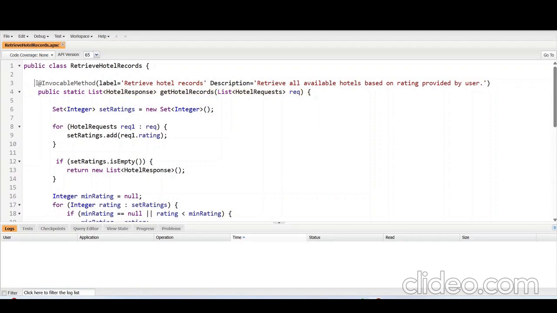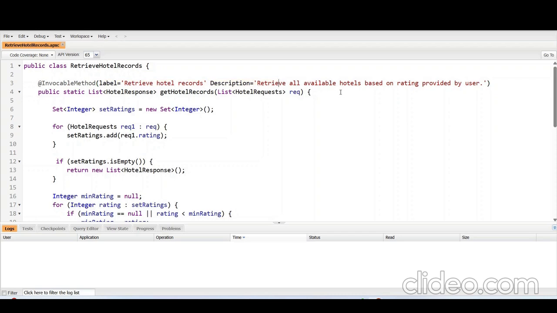You can see this method is annotated with @InvocableMethod. Whenever you want to use an Apex class in your Agentforce agent action, you have to use this annotation. In this annotation, you define the label as retrieve hotel records. You can put anything, and I have provided the description as retrieve all available hotels based on the rating provided